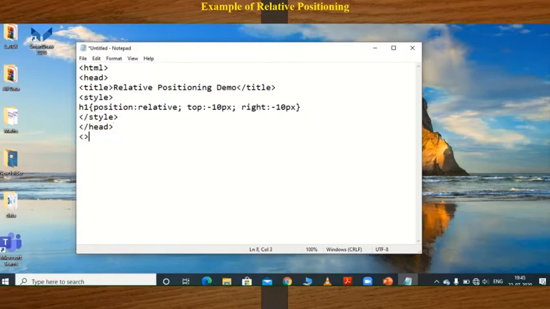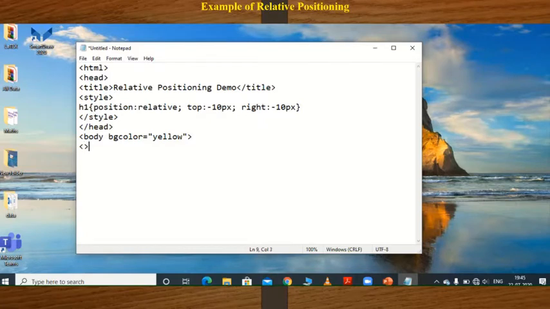Then open your body tag with a background color.